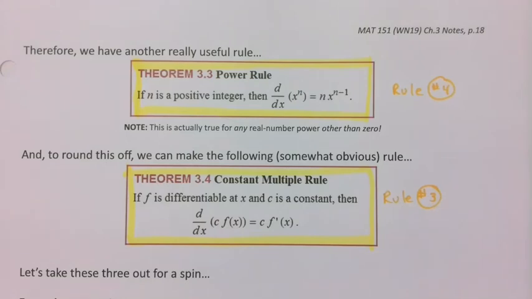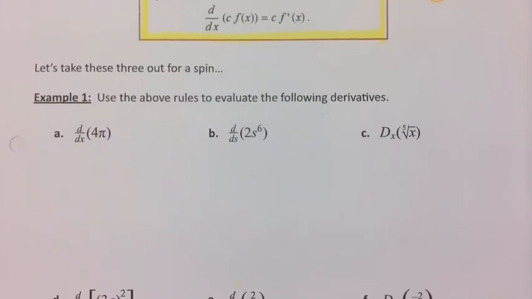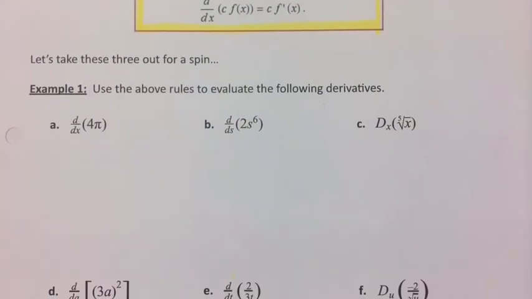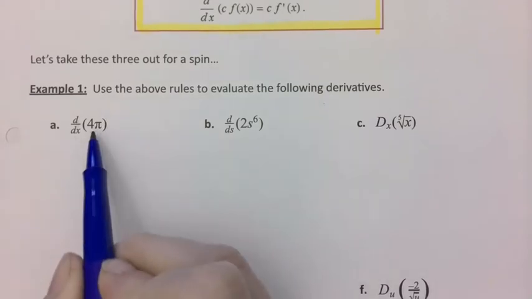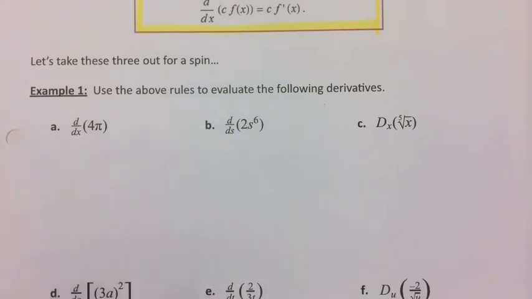All right, so now let's take these out for a spin. Let's find some derivatives using the first 4 rules that we've learned. All right, so the derivative of 4 pi. Well, 4 pi is a constant. Therefore, by rule number 1, the constant rule, this should be,